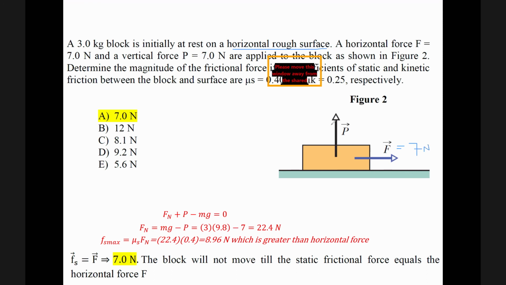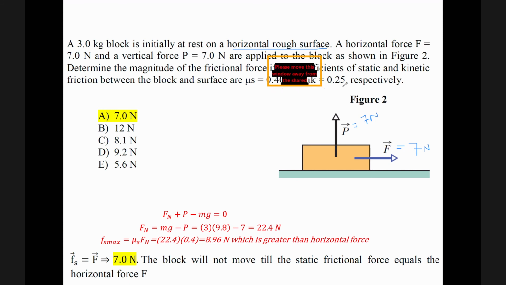And a vertical force also, this one is not normal. This is an additional force. Focus with me, he doesn't talk about the normal. He says I put two forces, one pulling this way to the right and one pulling up. This is okay, someone can put a force up. This is not the normal, the normal is something else we still need to add. Okay. Determine the magnitude of the frictional force if the coefficients of static and kinetic friction are